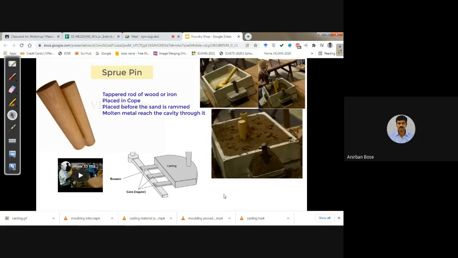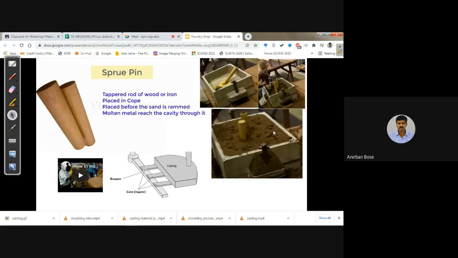To create that sprue, the sprue pins are required. Here you can see these sprue pins, and after that, these sprue pins are taken out, and it will leave a passage, and that particular passage or cavity of the shape of this sprue pin is called the sprue.